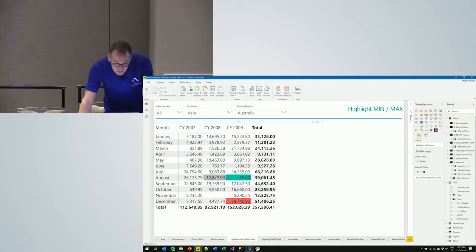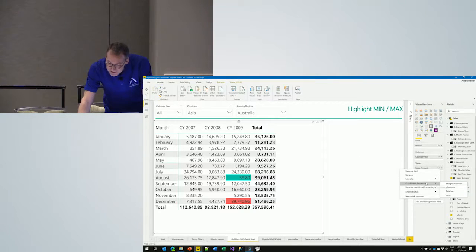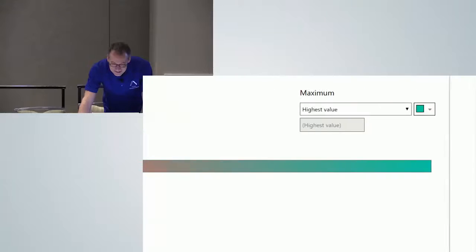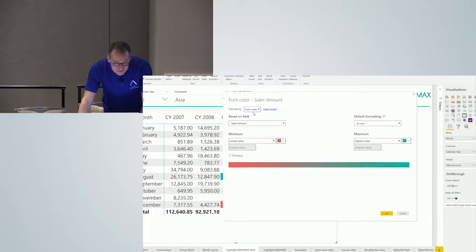You mean the foreground color? Yeah, so like the 39.8 would be green, and then the 39,000 would be red. Okay, the answer is I have no idea. We didn't, but we can choose, I guess. We ended up hiding the field, and then we basically had... But if you go for the font color, which is based on